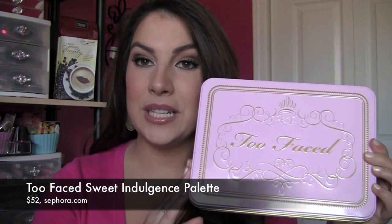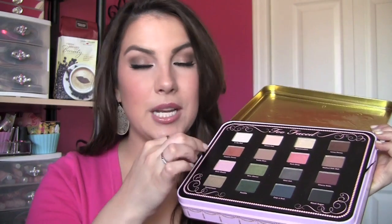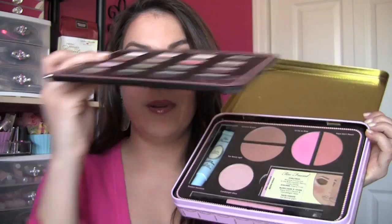Too Faced has a big kit this year, and it is called Sweet Indulgences, and it's in a metal tin, so that's definitely something different. It seems like an old school candy tin or something like that, but you pop it open and it's a double-decker situation. Right on top, you're talking about your eyeshadows, you lift a little ribbon up, and there's your